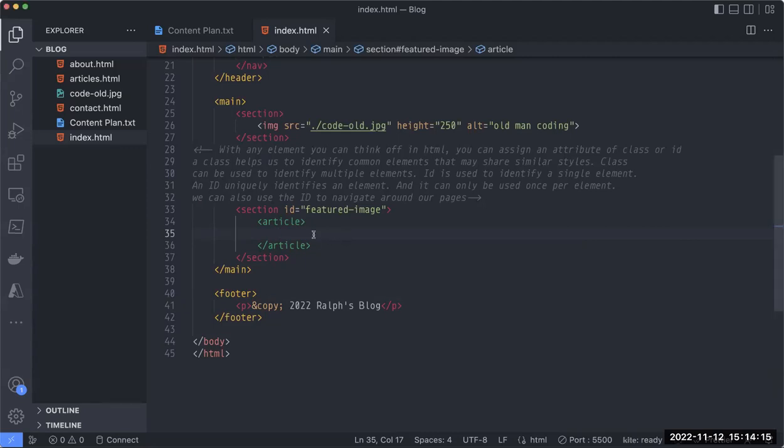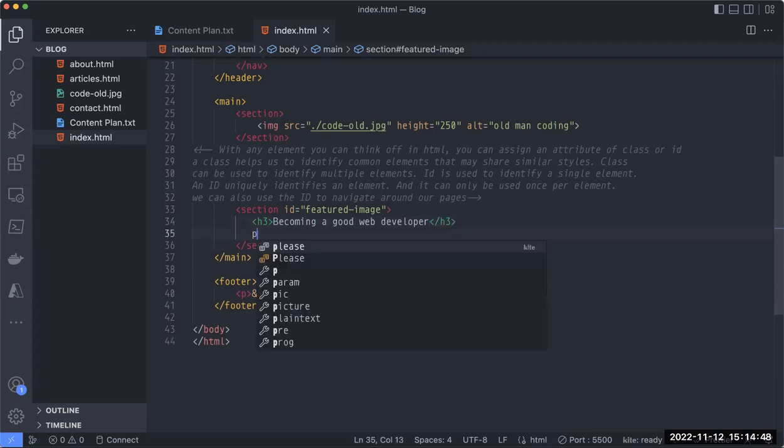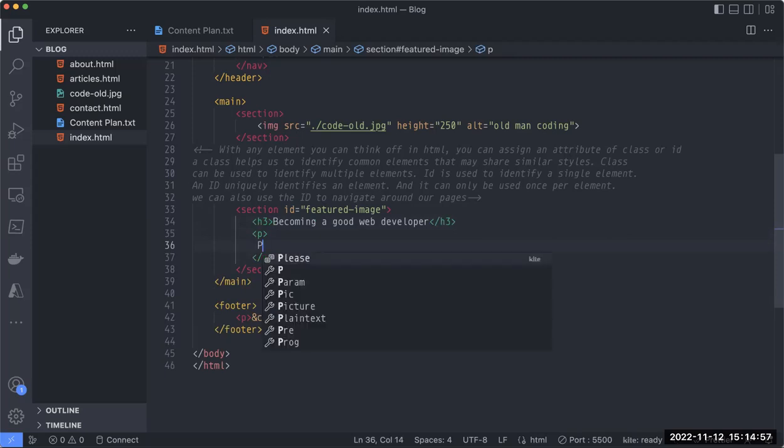So in the article, there's a featured image that I want to have. You can do anything you want, and that's what I want you to understand. In here, I could even say, okay, I have an H3, and this H3 would be the title of my article, which I could name, let's say, becoming a good web developer. Then I'll have my paragraph, and in my paragraph, I could write